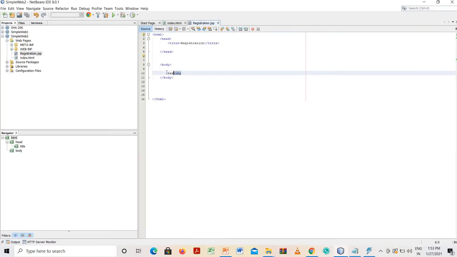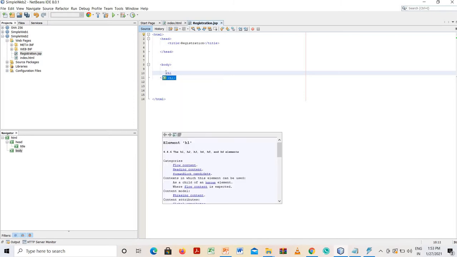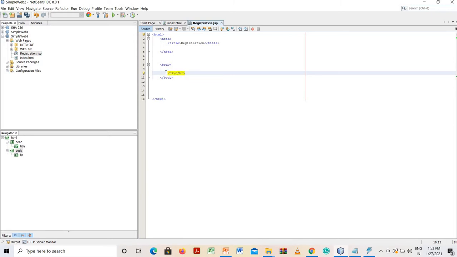Okay. So again I will give some examples of HTML tags. H1 tag is there. Here I can write registration. Registration with H1 tag. I'm going to show you some tags.